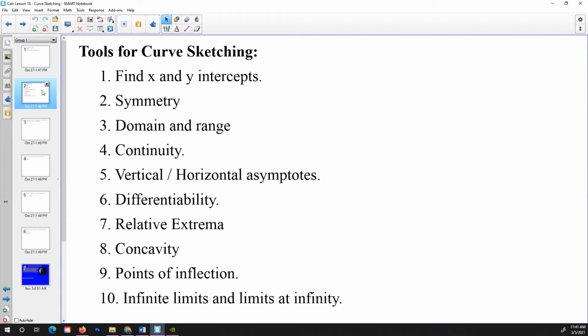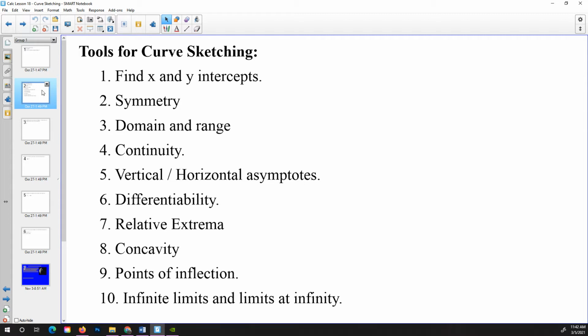First, we're going to find x and y intercepts. We're going to talk about symmetry. We're going to look at the domain and range. We're going to talk about continuity and where there are either removable or non-removable discontinuities. We're going to talk about vertical and horizontal asymptotes, differentiability, relative extrema, concavity, points of inflection, and infinite limits and